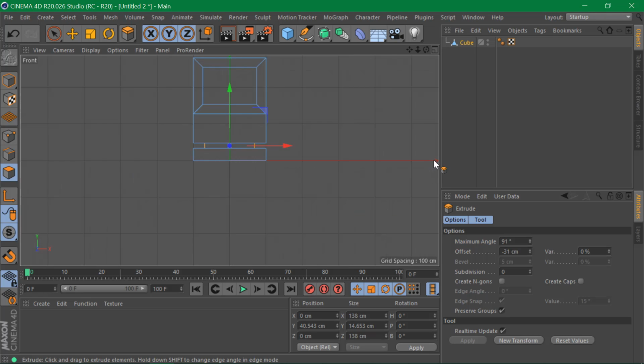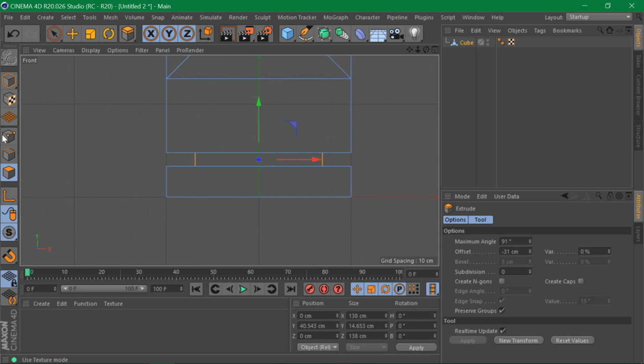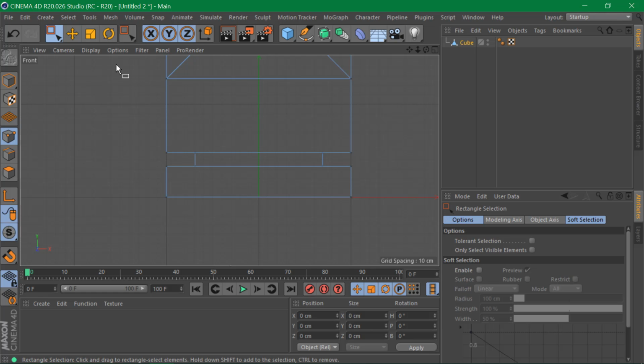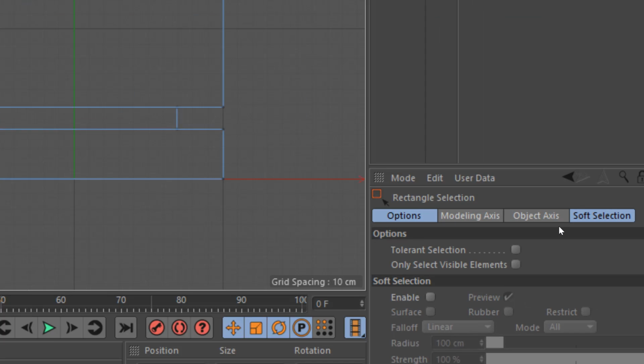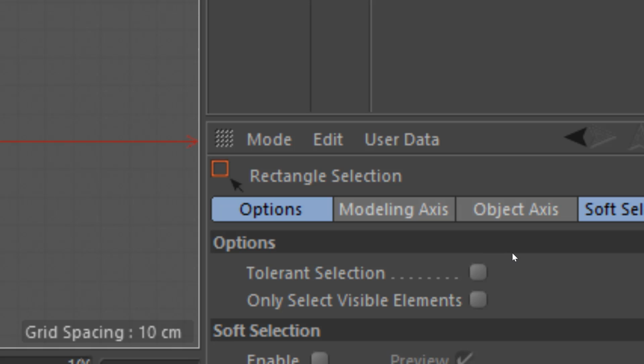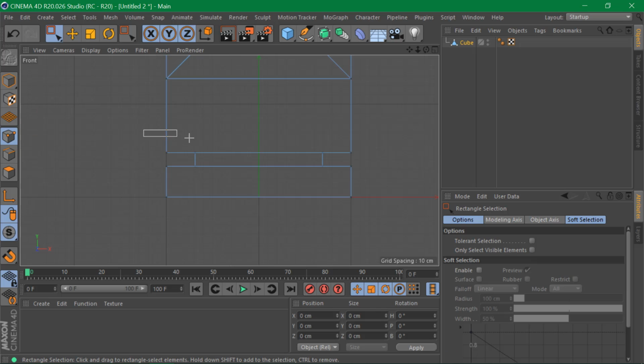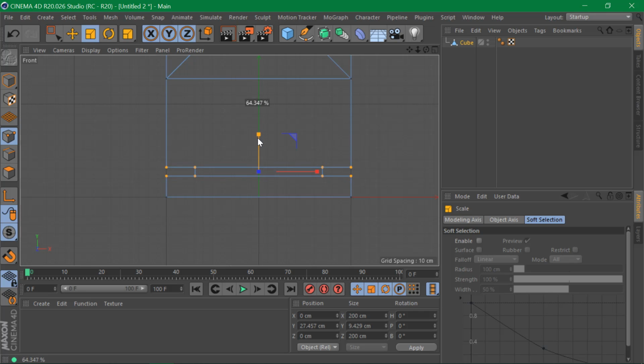For that, I can go to my front view here. Then I switch to the point mode, and I will use the rectangle selection tool. In it, I double check that I have the only select visible elements option turned off, so it selects all the points going all the way through the object. So I can select all these points, I can move them down, I can also scale them to make them